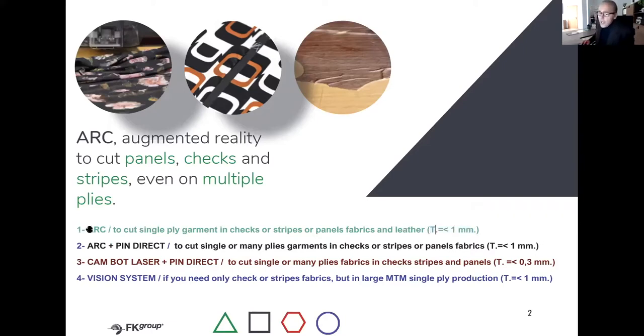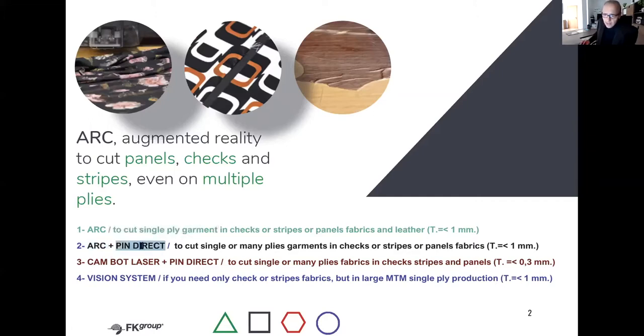So with the ARC, we are sure that the final result oscillates within 1 millimeter plus or minus. This is for single ply. Second, ARC plus Pin Direct. ARC is not patented, it's impossible because it's a very common technology.